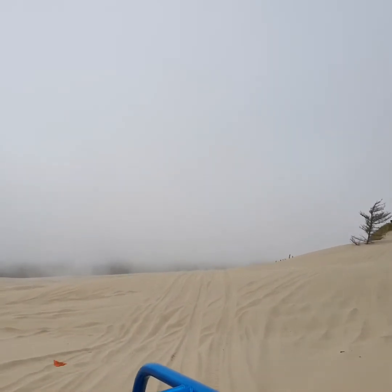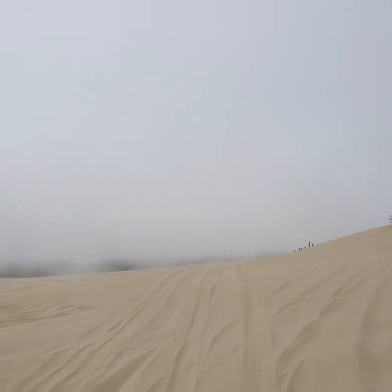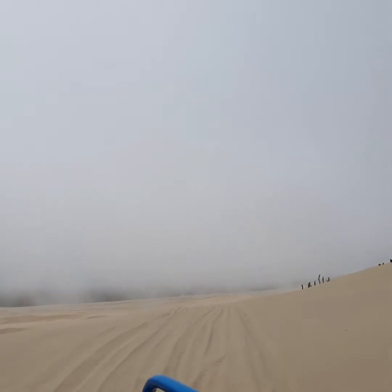Now from atop this next dune, we can see a lot of the blows that are being formed here in this valley. Some of these are